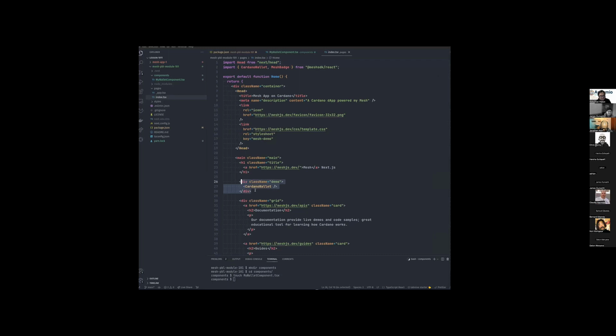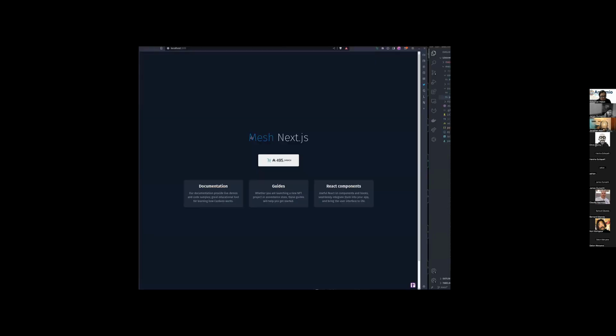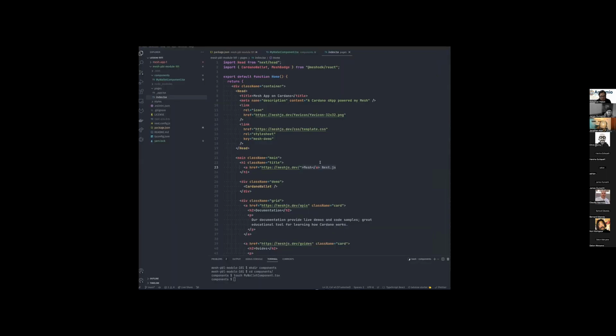And above that, we've got the heading, Mesh Next.js. Underneath the Connect Wallet button, but above the grid of other resources, let's just drop our new component in. So I'm actually just going to copy this, delete the Cardano wallet, but now add